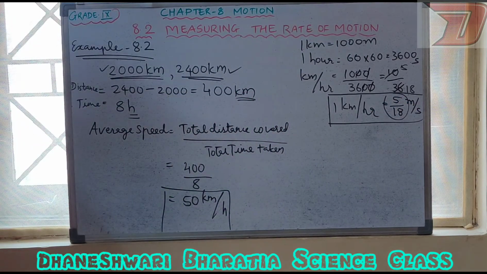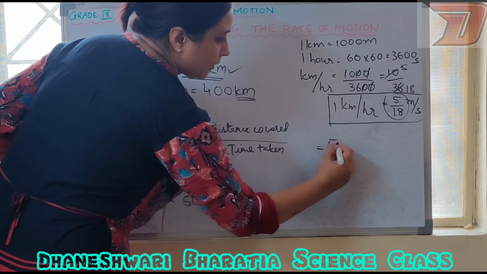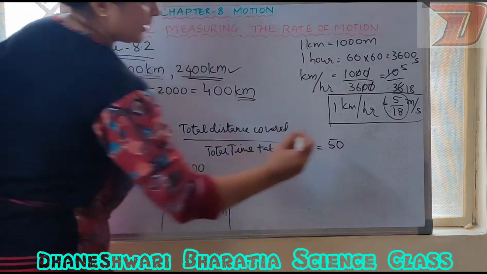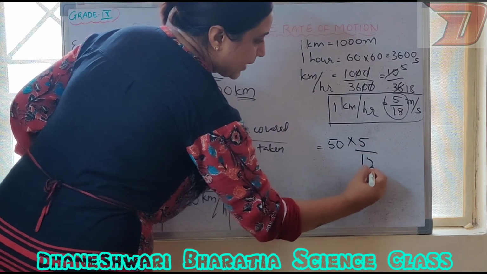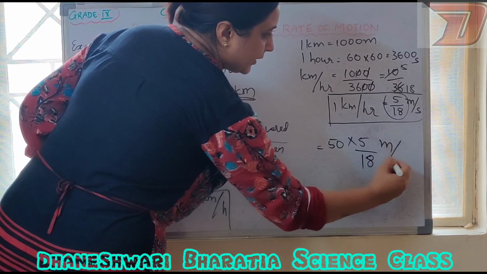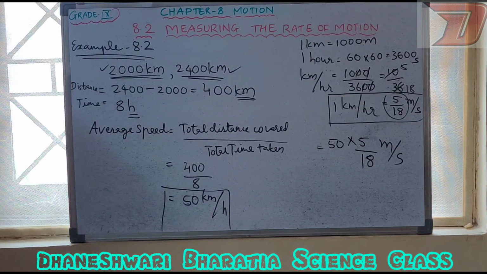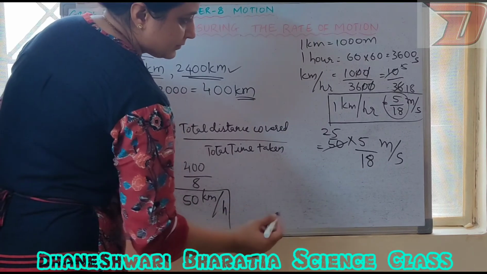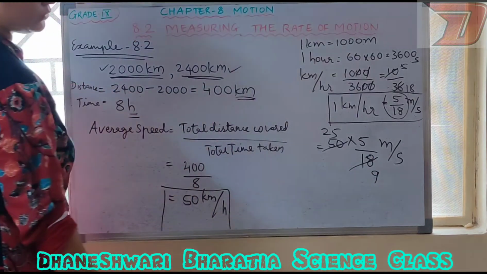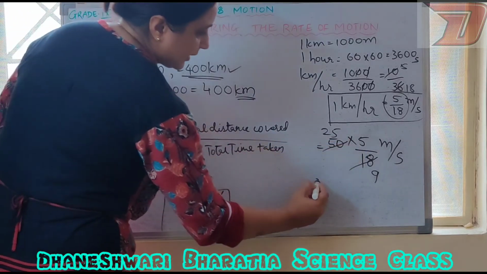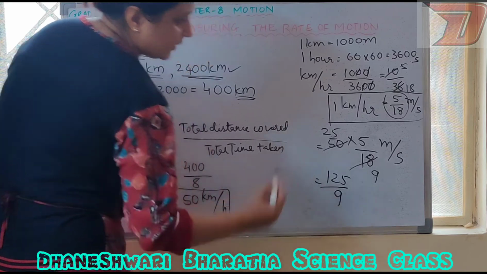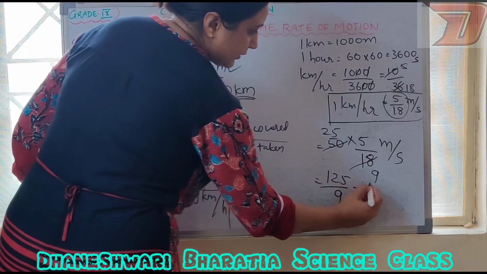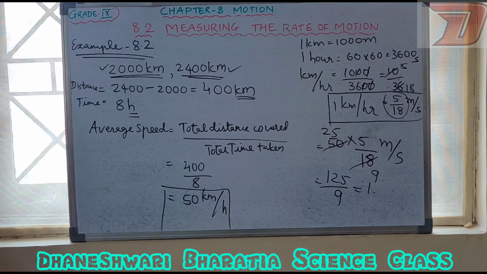Now here what have we got? 50 kilometer per hour. Now where do we have to convert 50 kilometer per hour? Into meter per second. So simply we will have to multiply it by 5 by 18 meter per second. Is this clear to you? Now we have to do the simplification, right? So maybe 25 2s are, and this is going to be 9 2s are, right? So 25 5s are 125 upon 9, isn't it? Now do the simplification. 9 ones are 9. Then how many are remaining? 35. So what will be the next?